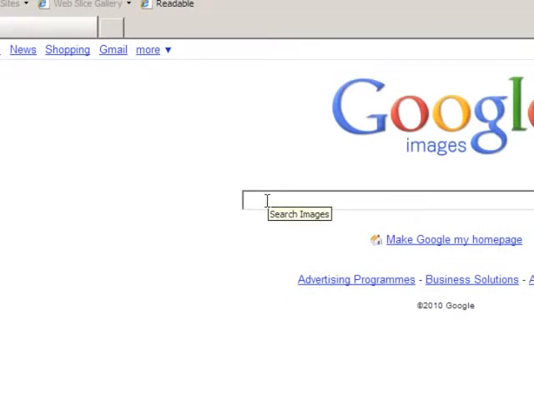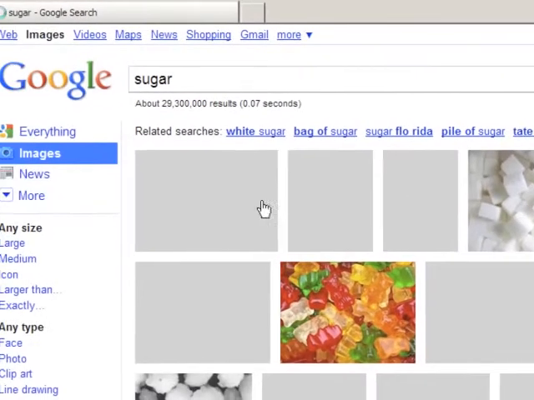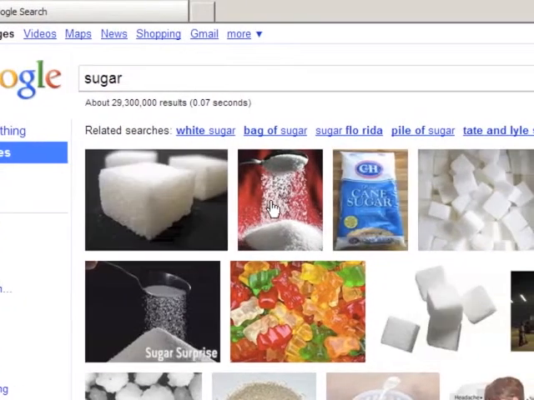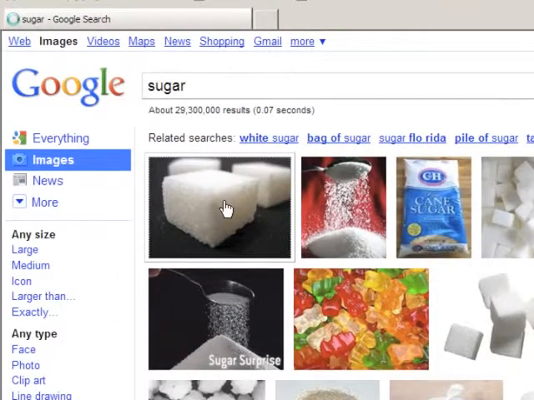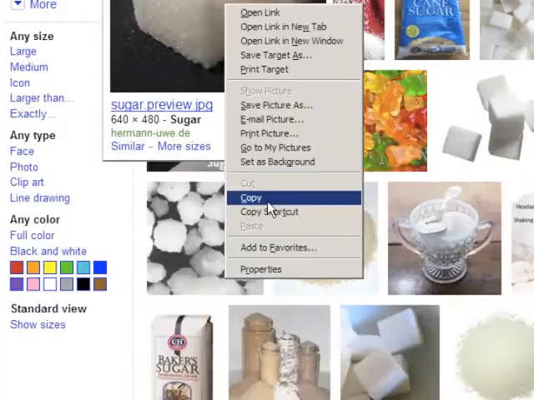Into the search box, we type what we're looking for. And here, several individual images relating to our search term appear. I like the first one, and I want to use that in my mind map. Now all I simply do here is right click, select copy,